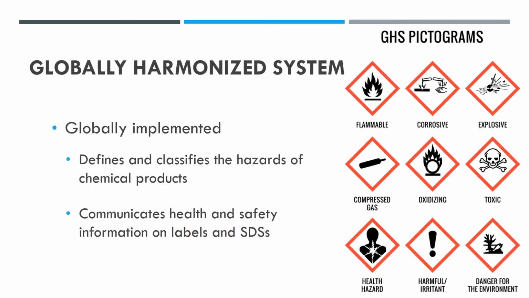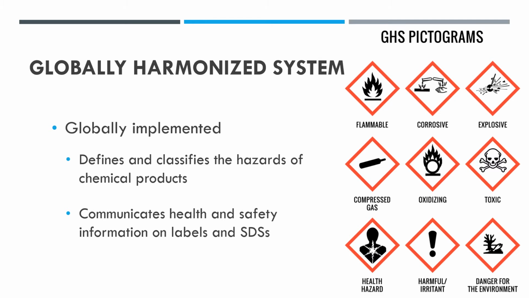The globally harmonized system is a globally implemented system that defines and classifies the hazards of chemical products. The GHS communicates health and safety information on labels and safety data sheets, or SDSs. There are 9 pictograms under the GHS that are used to convey the health, physical, and environmental hazards to those